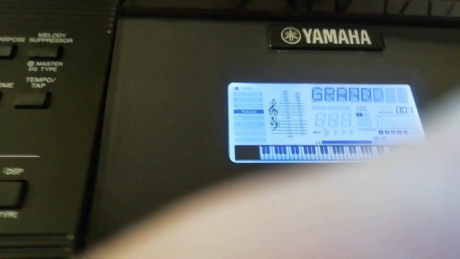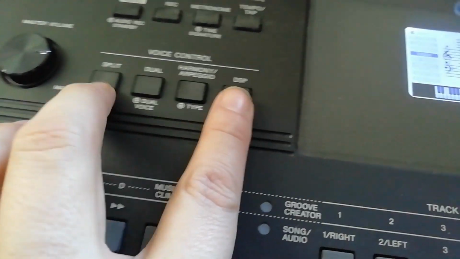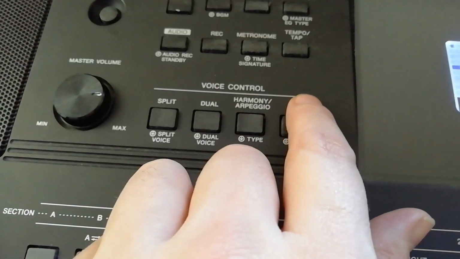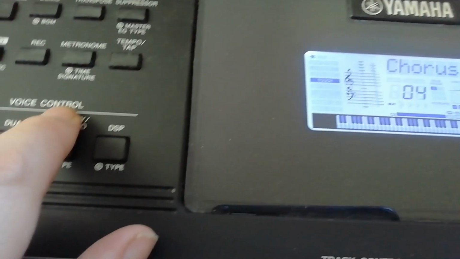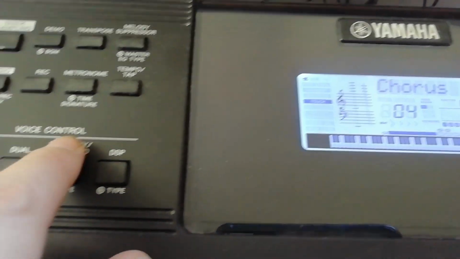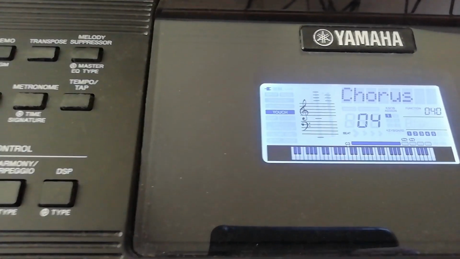Okay, another try, because that is a bit tricky in its design. If I am in the DSP menu, which is below that line voice control, I am not able to come back to the regular menu.